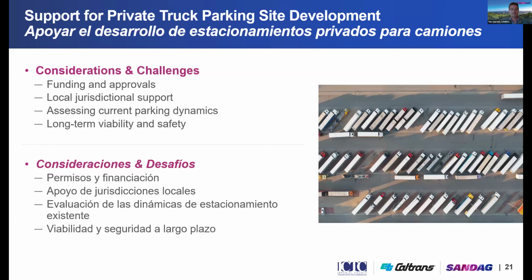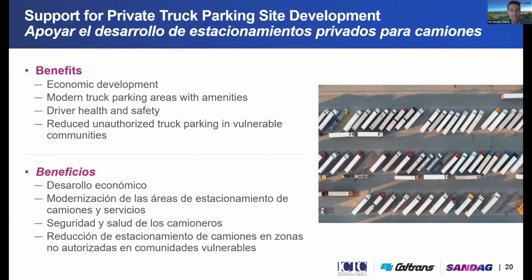And so that provides opportunity for a little bit more diversification, as well as some of these sites might be a little bit more feasible, especially in high demand areas, like the border region especially. I would expect there's probably a good economic case for that. So the economic development,